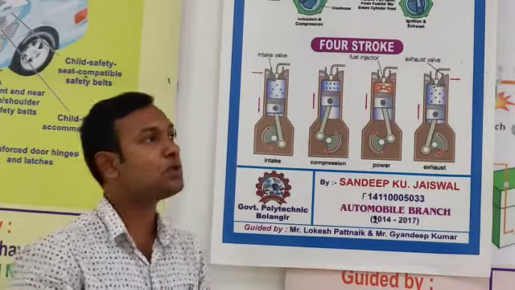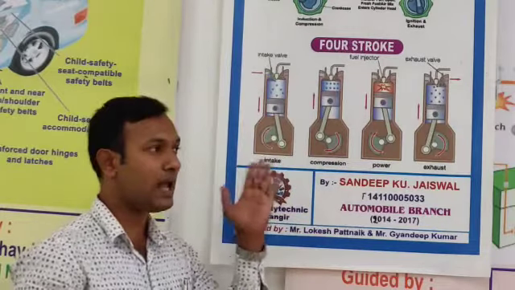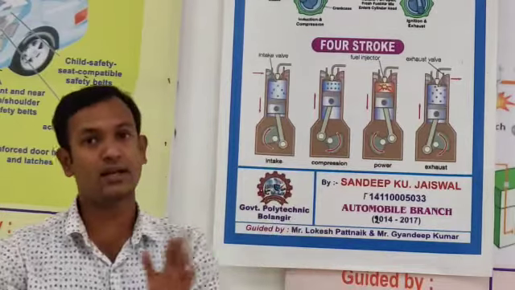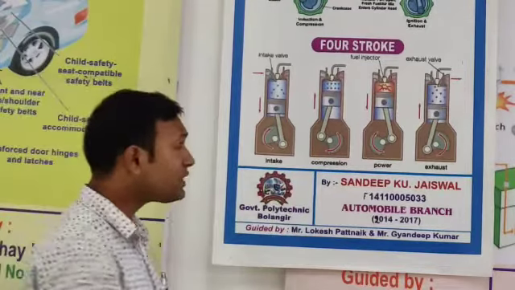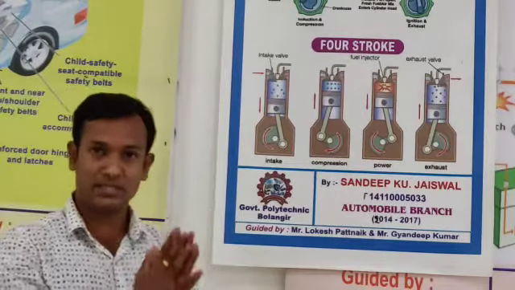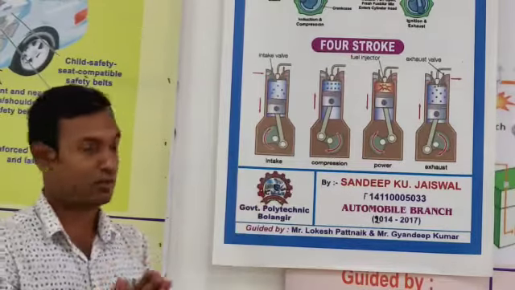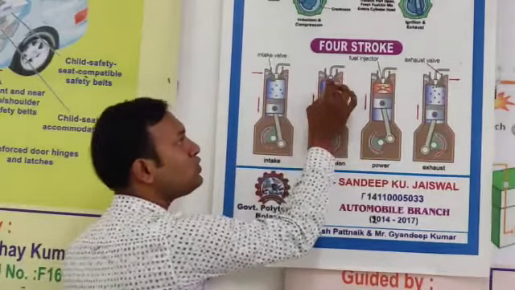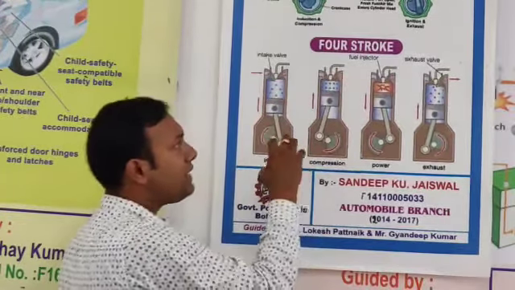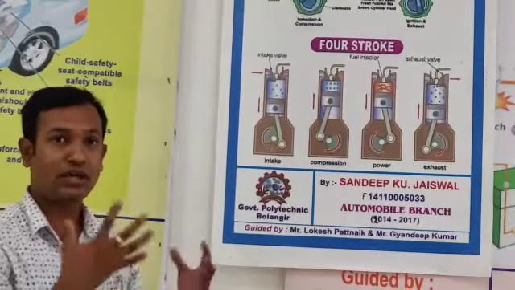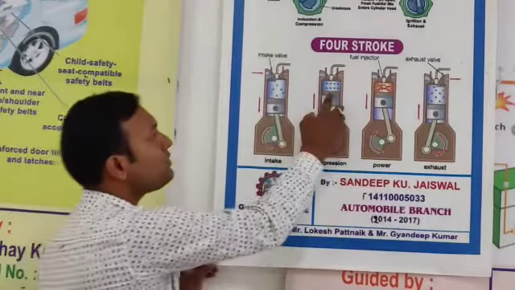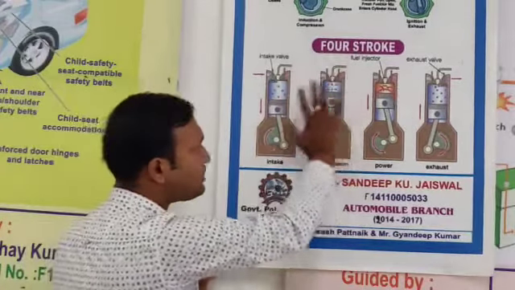Then what will happen? We know fluids are of 2 types, one is gaseous, one is liquid. The working fuel in the combustion chamber is a mixture of gaseous and petrol fuel. We know gaseous is always compressible and liquid is not compressible. So when we compress here, the gaseous part, the air inside, is compressed, and that will raise the temperature of the fluid. This is the compression stroke.